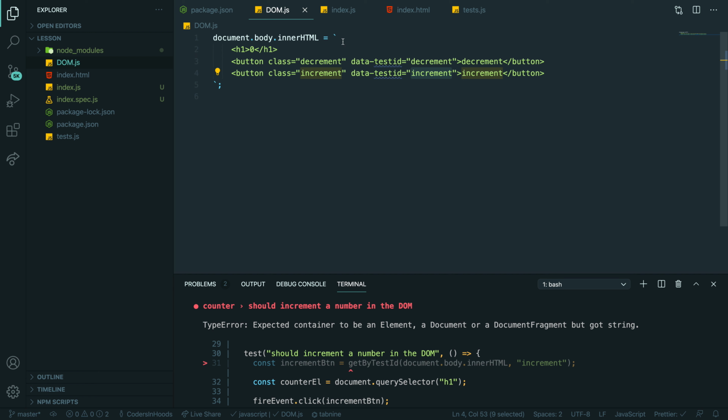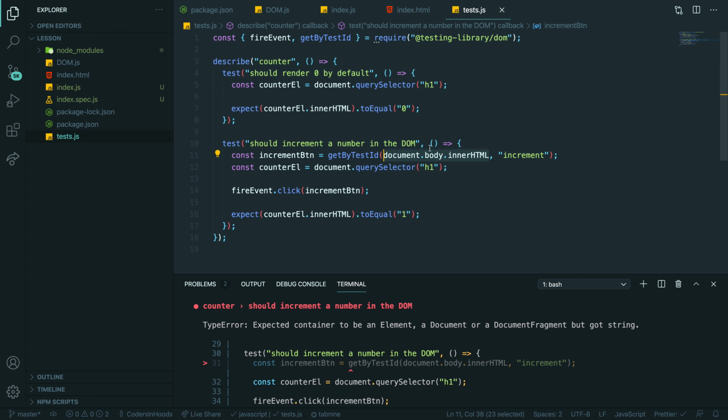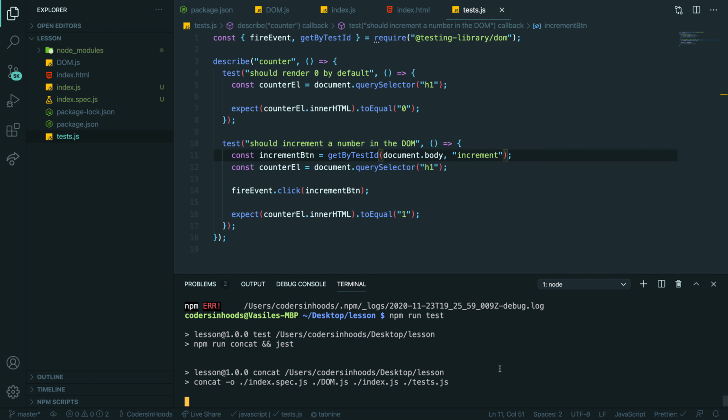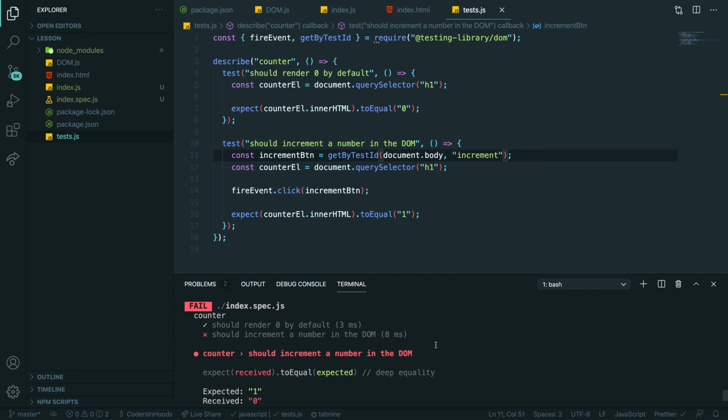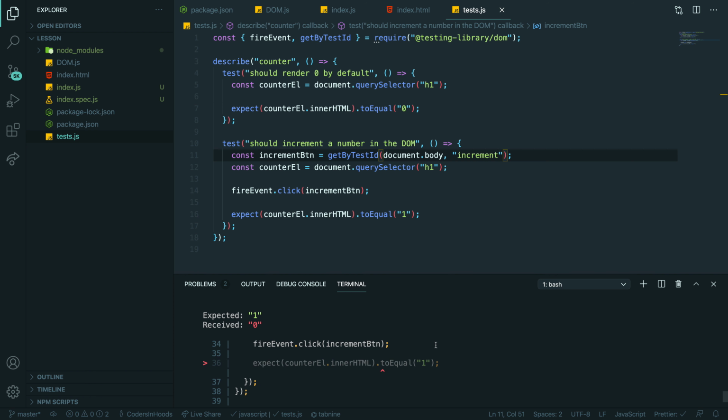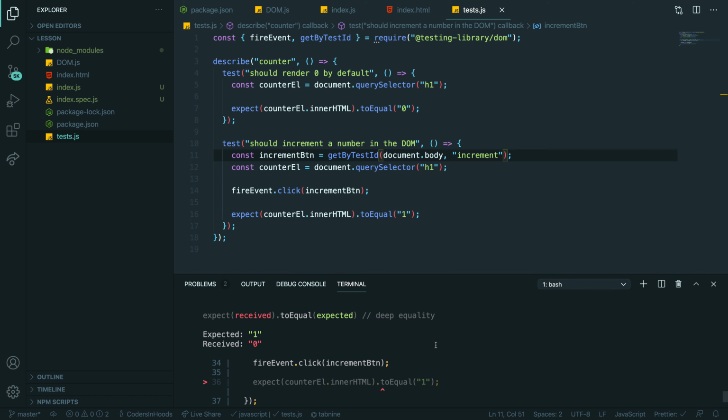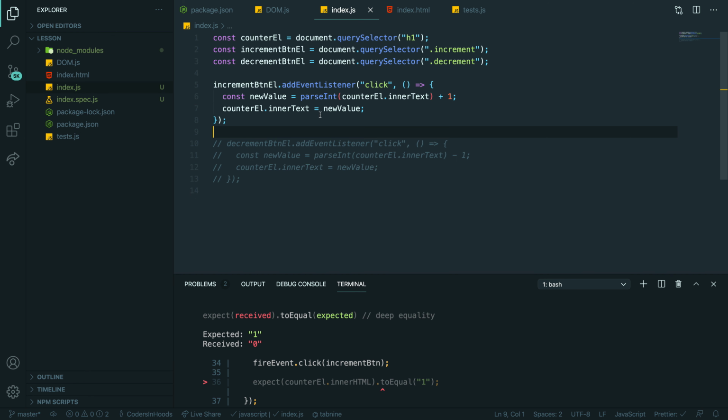Let me just quickly make sure. What if we do just body? Still no. Wait a sec. Oh, wait a sec. So we are actually going further, but it's still not incrementing. Any ideas why? So it's not actually working. Parse int.